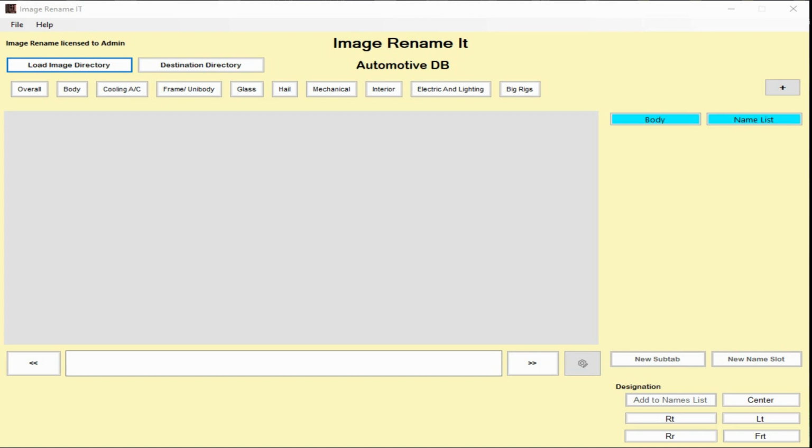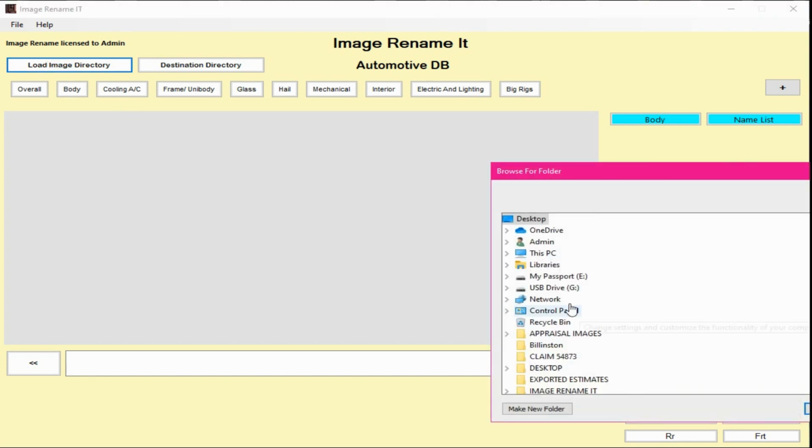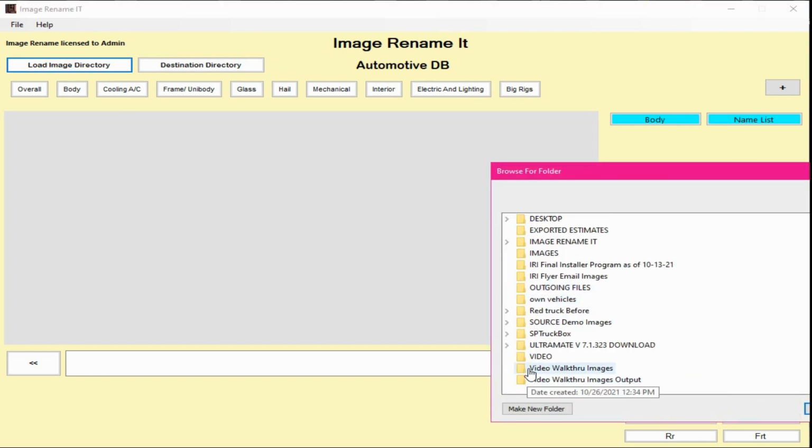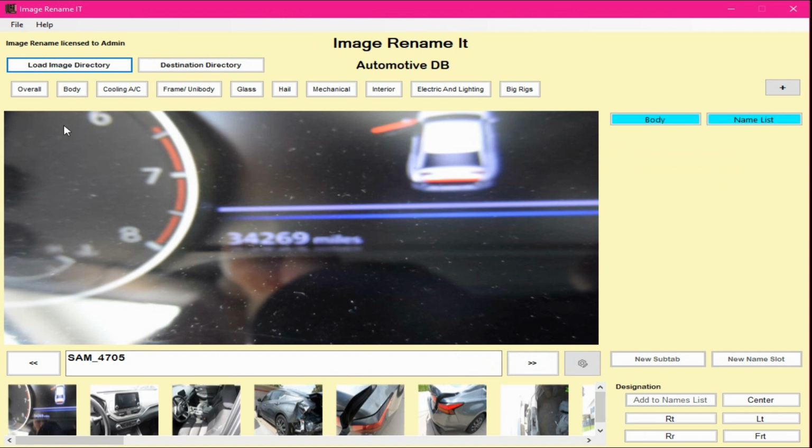So now let's move into the program, showing you the basic overall of the buttons and how to load things and how things work and where things are at. As you can see, the program loads up with a series of buttons across the top here. You can click on them, but nothing's going to happen with any of these buttons. They're all pretty much just ghosted out. So what you have to do when the program first loads is load up an image directory. We're going to just load up a walkthrough set of images,